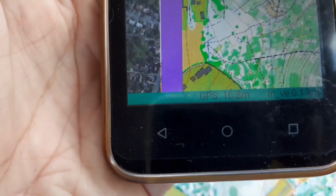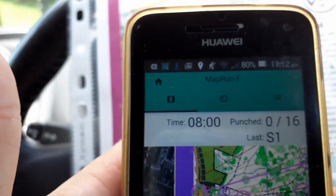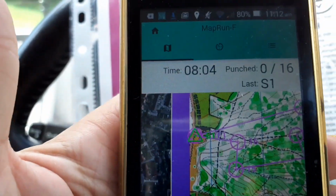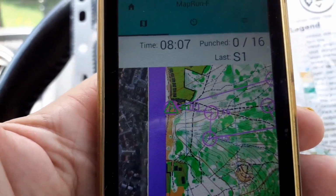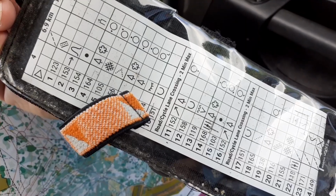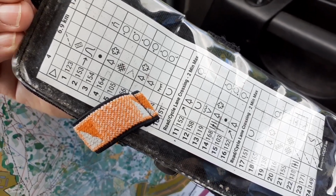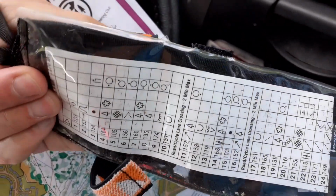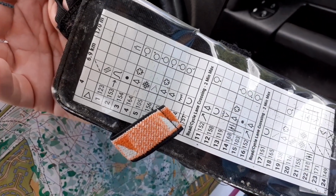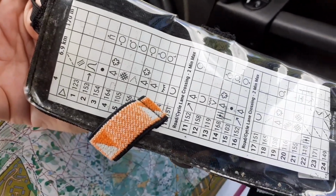So it looks as if, because I drove past the start with it running, it thinks I've been to the start. So it's actually started my run. So I'm going to have to stop it and start it again once I've got ready. And that phone is going to go into the control description holder, which sits on my arm, so that I can sort of hang on to it during the event with keeping my hands free. The phone that I'm using as a camera is too big to fit into here, so I couldn't use that